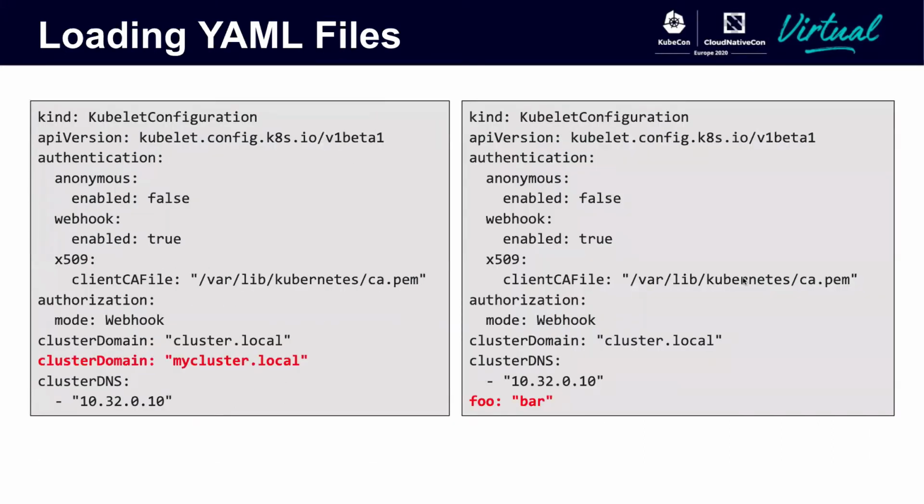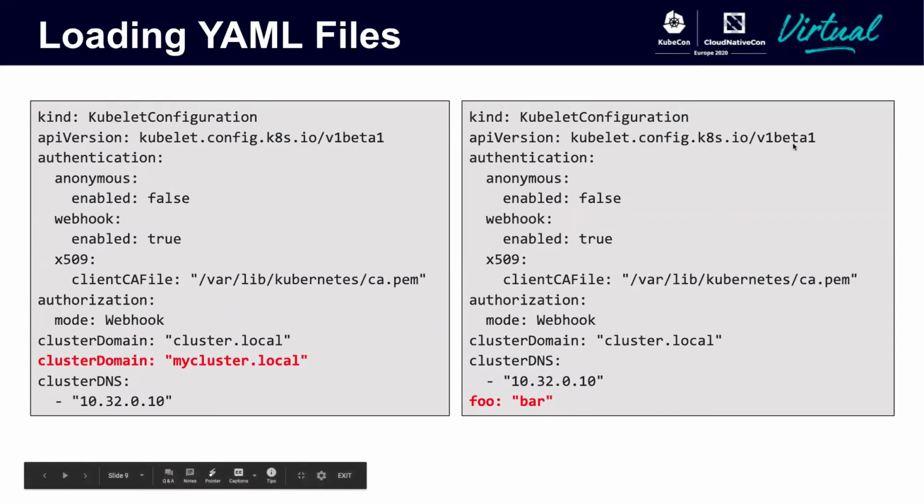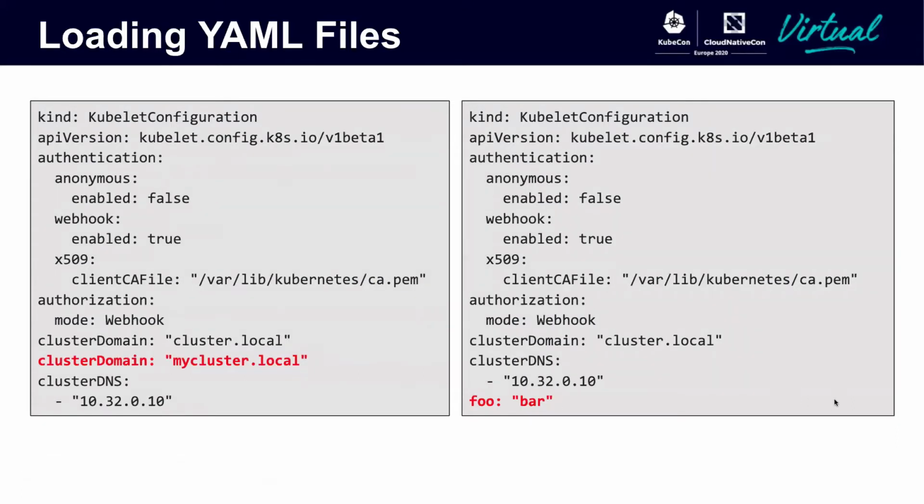All right. And this is basically the problem we're trying to solve. If you have a config here, and you have a duplicate field, like one's cluster local, the other one's my cluster local, which of those fields do you actually want to load? It's not really clear. And the same goes for a field which doesn't really exist in the v1beta1 API. So what do you do with it, right? As I said, the idea is to load these configs, and if, through the process of loading it, you encounter any of these errors, you error out.